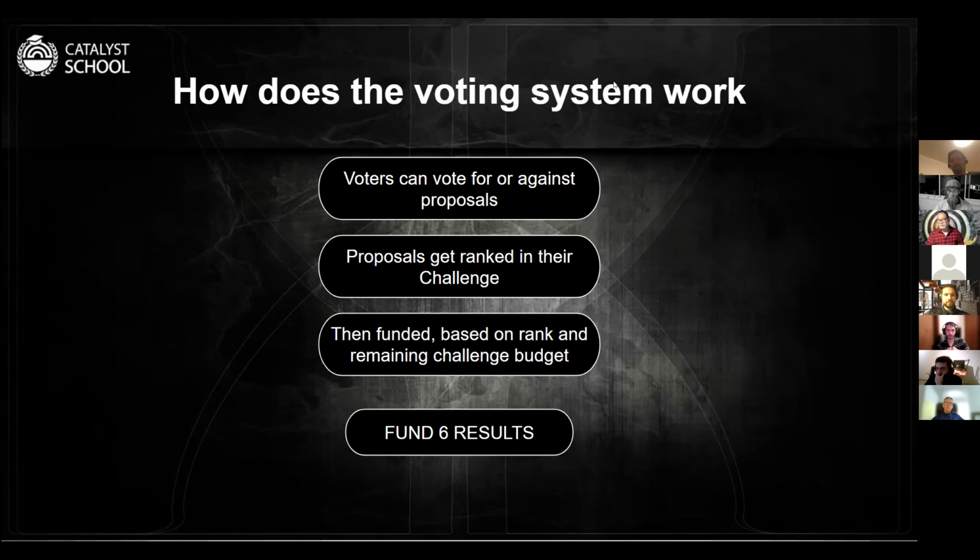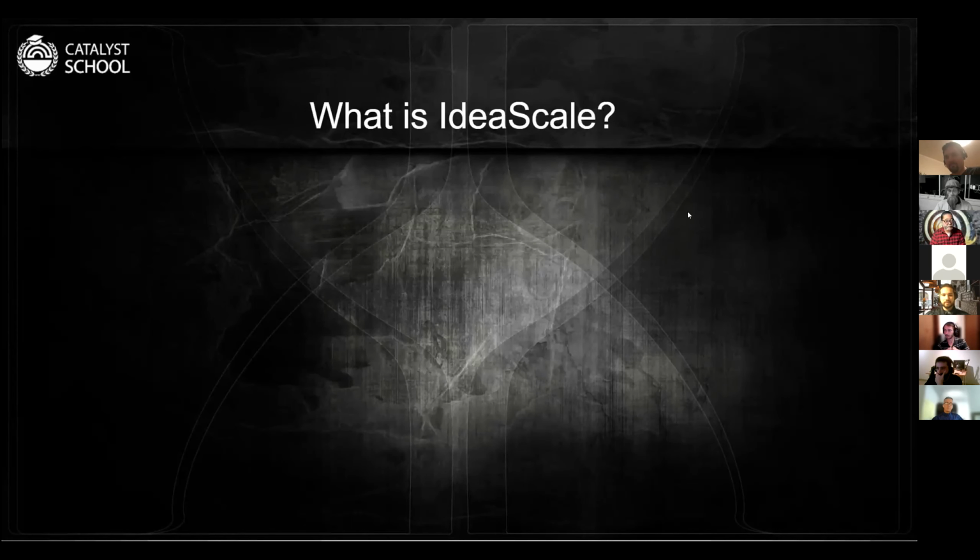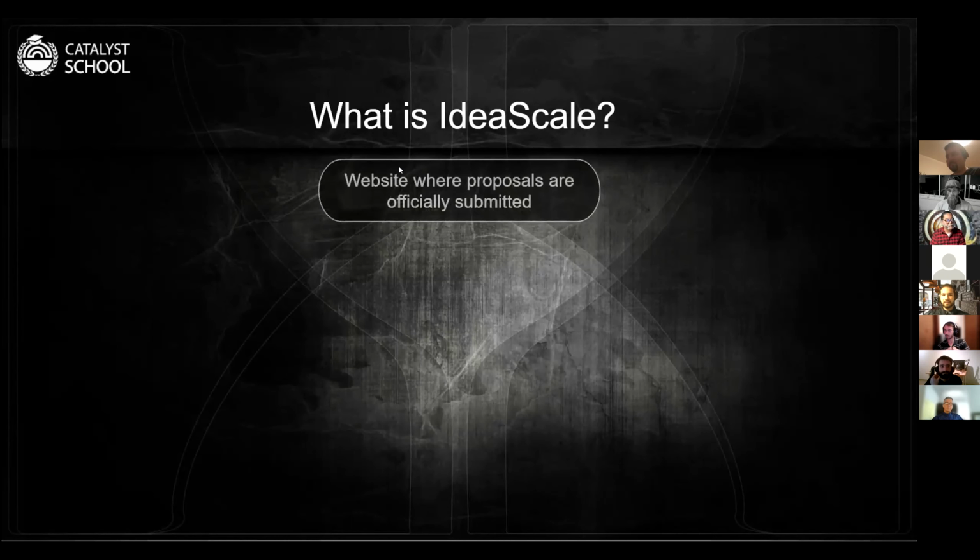Yeah, so I think this one is our last slide, and it's about ID scale that we've been talking about for a while right now. So what is ID scale after all? ID scale is the website, the platform that Catalyst uses today. It's a third-party platform. ID scale is its own company. They have partnerships with different projects, and they currently have this partnership with Catalyst.